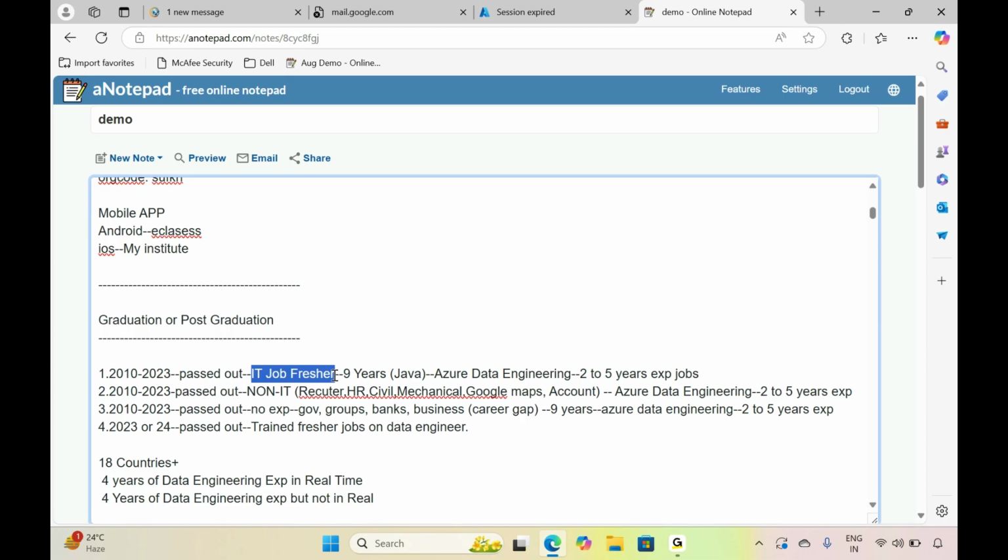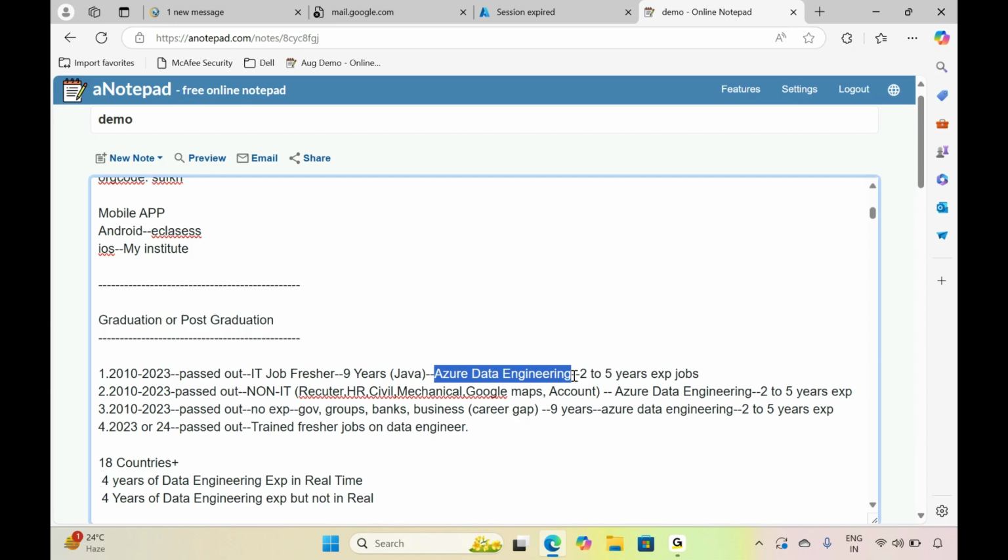Till today they are working and have gained some experience, like 9 or 10 years, whatever it is. They have gained a lot of experience, but in a different technology, it might be Java or whatever it is. Now they want to upskill to Azure data engineering.